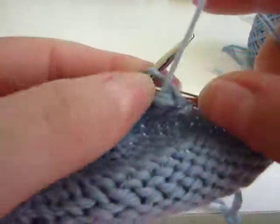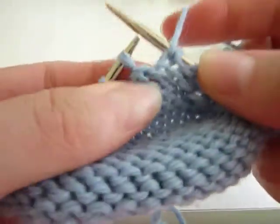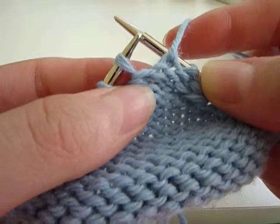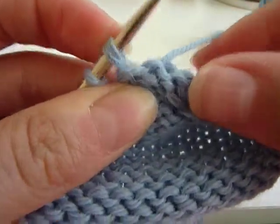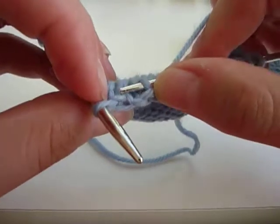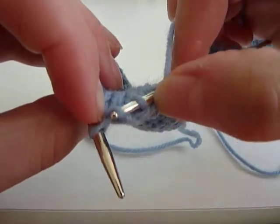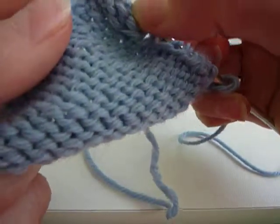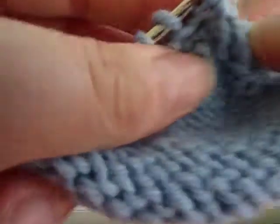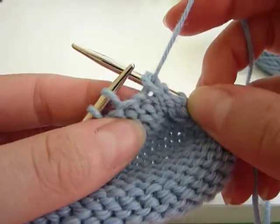So now we're going to work across until we have our first wrapped stitch here. There we go, see that little wrap there? But instead of picking it up from the front, because this is a purl, we need to actually do something different and pick it up from the knit side, which is over here. So we're actually going to come in, this is a strange angle to hold it at, but I'll show it to you. Pick it up like this, okay? Also pick up the purl stitch, slip that left needle into both of them so it looks like a nice purl two together,